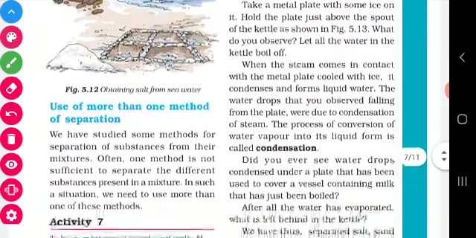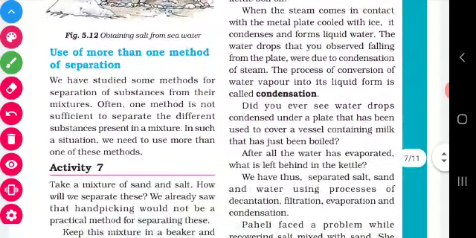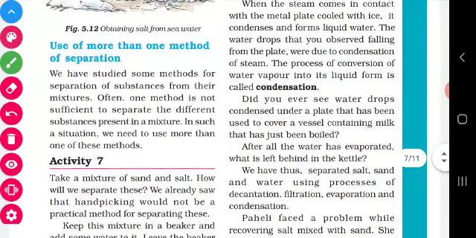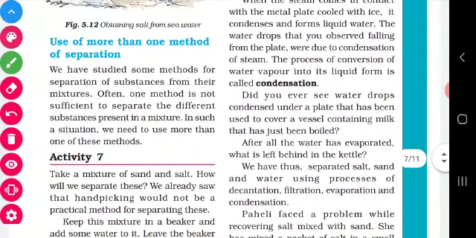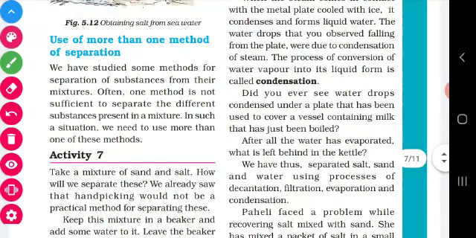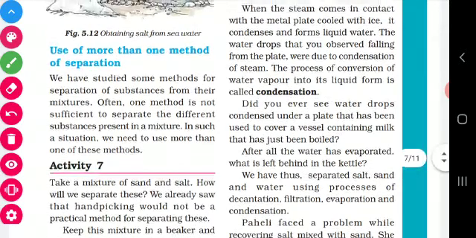Have you all understood, children? Yes. Now we are going to see how to separate various substances. Let me tell with an example. Take some water, mix some sand and mix some salt with it. How many substances are present in this mixture? 3 substances. The first one is water, the second one is salt, the third one is sand. Now we are going to separate these 3 substances from the mixture.